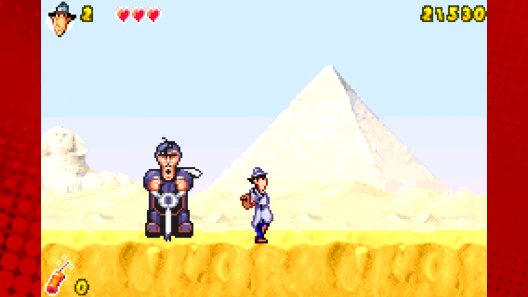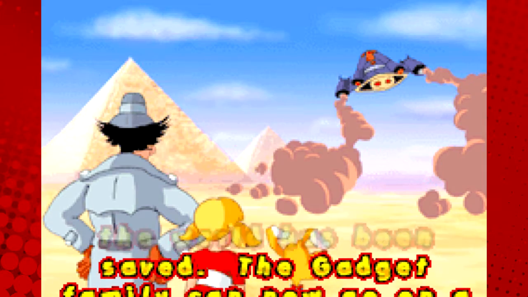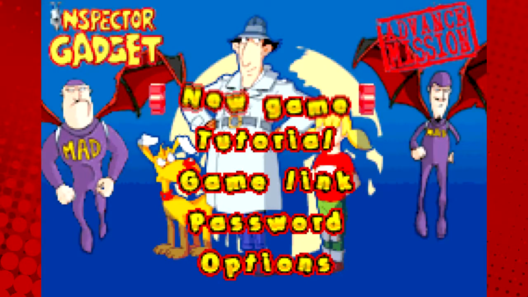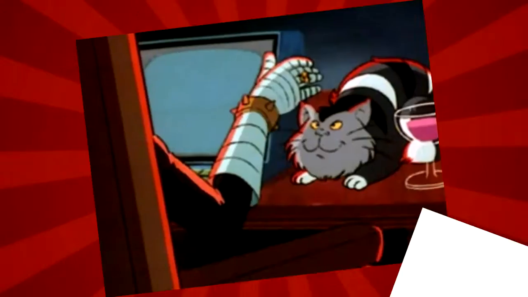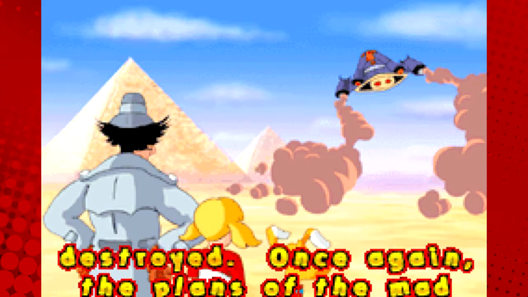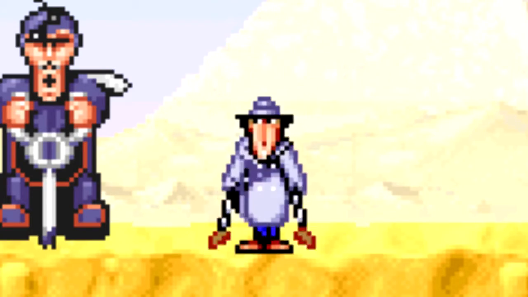So after beating the final boss, the world is saved and Gadget, Penny and Brain can finally go on holiday. Well, it's time for the credits. Excuse me? Okay, here, have this easy boss that isn't even Claw, you know, Gadget's arch enemy, an ending that consists of one still image and scrolling text, and then just back to the menu. That's it. No celebration, no sense of victory, just...